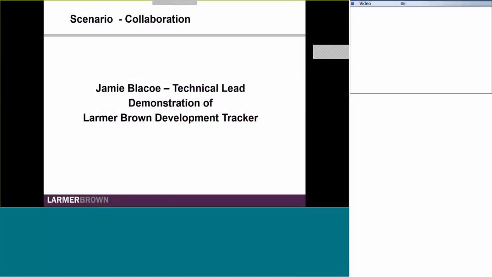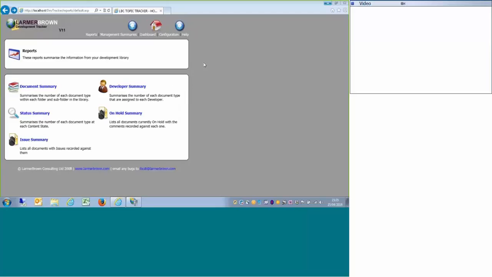Now Jamie's going to demonstrate the tracker for us. It has actually been developed against one particular tool, but I think you will see the value. So what we're looking at now is our Larmer Brown Development Tracker, and this is particularly useful for managing